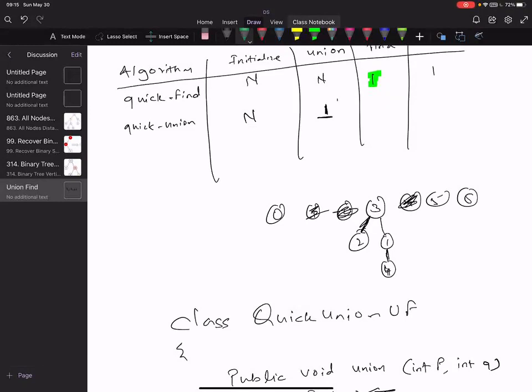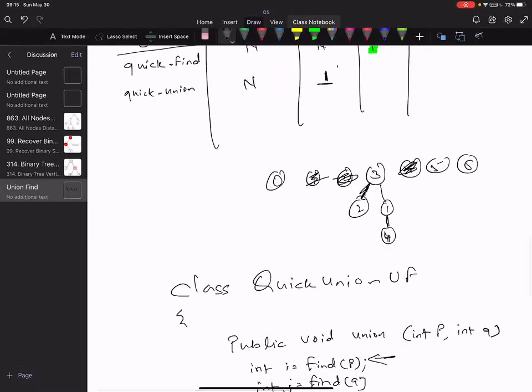So I think I haven't drawn the tree, so it was probably not clear, but let me draw the tree. 0, 1, 2, 3, 4, 5, 6, and 7. This is how it is initialized, right? And this is the index.